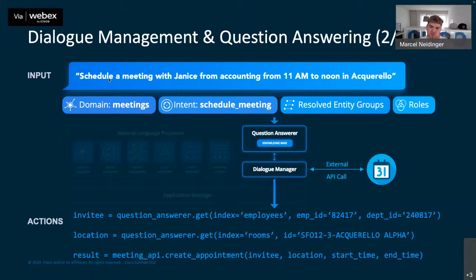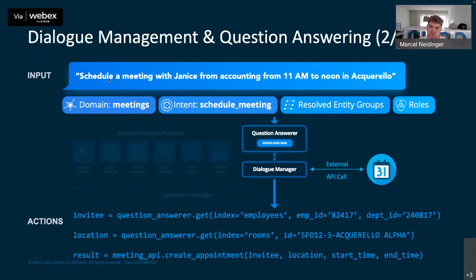you want to use your knowledge base that you have pre-populated. You see down there the question answer.get from an employee index, right? That employee ID and the department ID to get the person that should be invited. And also you see down there question answer.get from the room. So this is using a knowledge base that you have previously filled. You now get the email address, for example, of the location and of the person that you're inviting, and